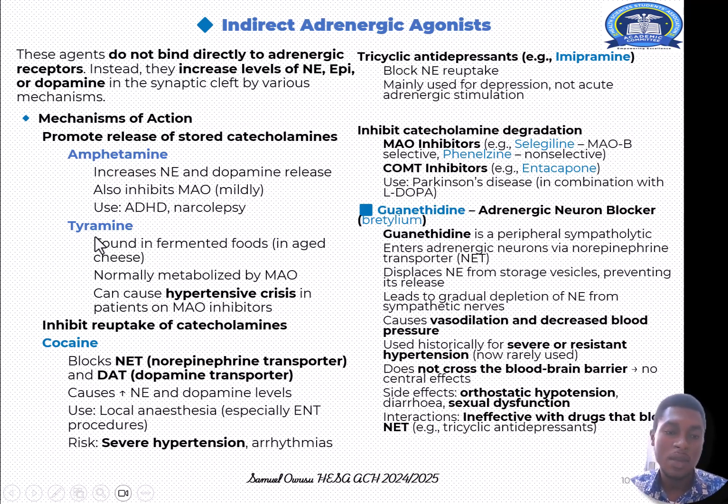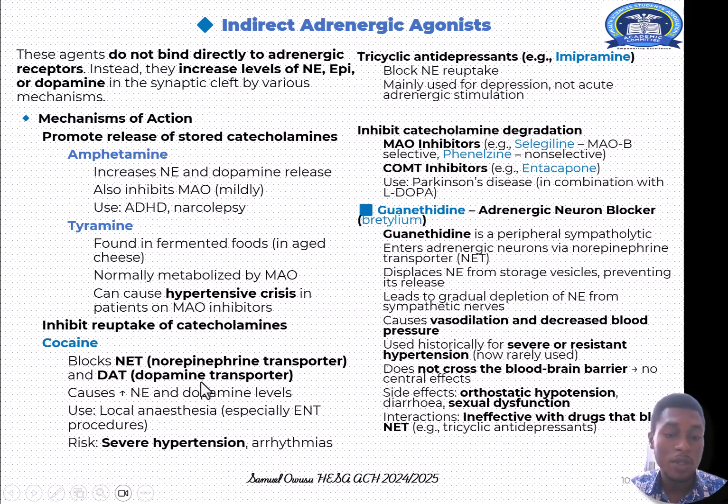Then we have thiamine. Thiamine is found in fermented foods, and I want you to remember thiamine found in what? Aged cheese. Normally, the thiamine is metabolized by MAO, and then can cause hypertensive crisis in patients who are on MAO inhibitors. Okay. Then we have those that inhibit the reuptake of catecholamines, and cocaine, like I said, blocks the norepinephrine